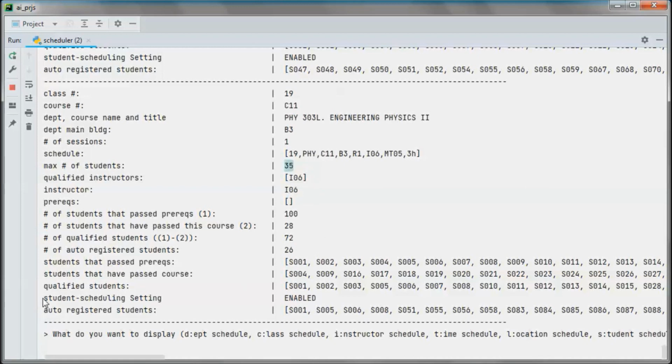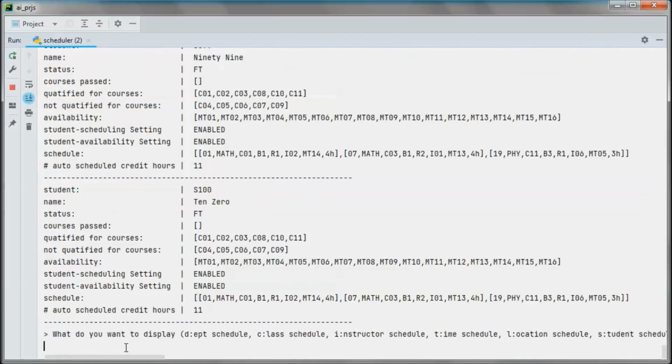And we have the student scheduling setting enabled. So let's display from the student schedule perspective. Now we can see their availability. This student is available for all those meeting times, and this one, same thing. And he has those two settings enabled, student scheduling setting and student availability setting.